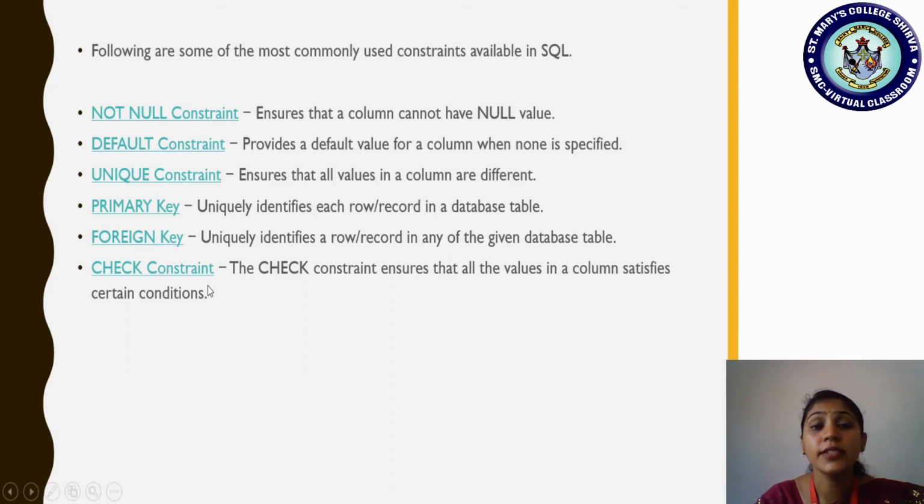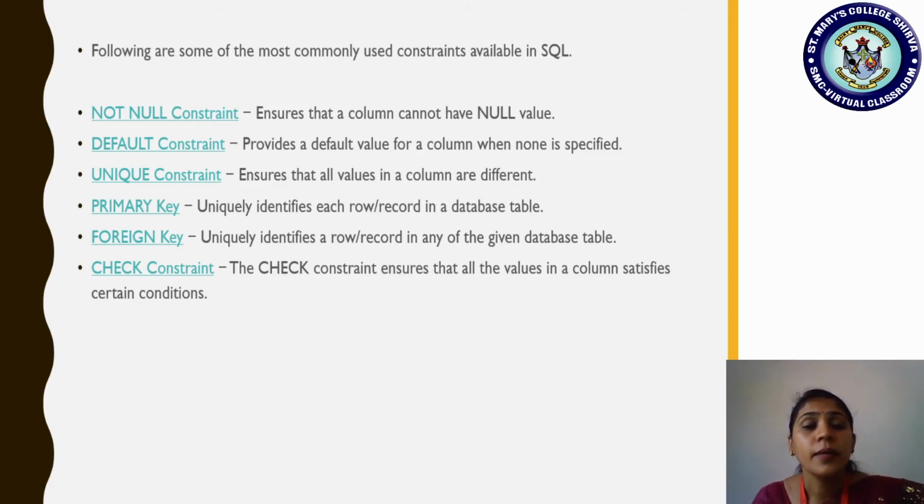Okay, then check constraint. So what is that check constraint? For example, when we are trying to insert the class information, okay, so student class is an attribute, and let us assume that you are inserting the value for the class. In our BCA program, we have the class information first, second, and third, that is first year, second year, and third year.